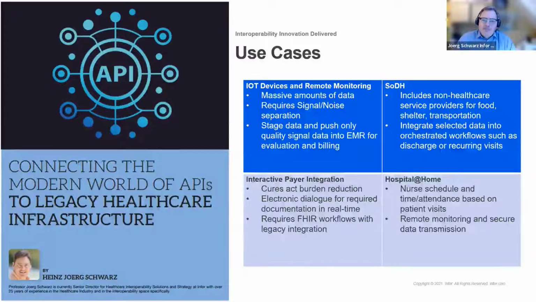So there's really a need to get high quality data, and HL7 FHIR data is much better suited for all kinds of analytical purposes and also value-based care purposes than the traditional HL7 v2 data.